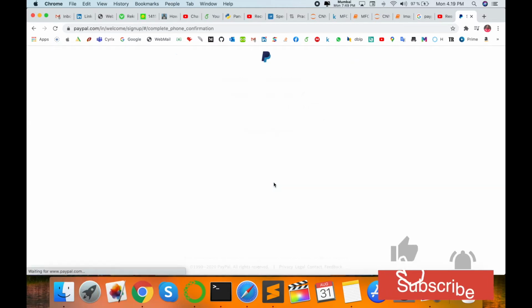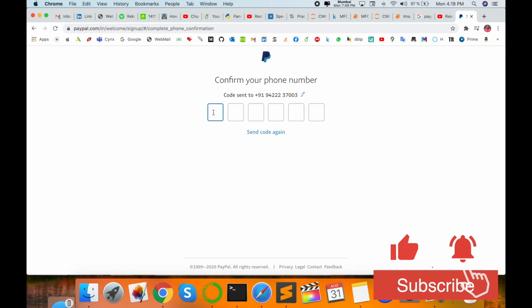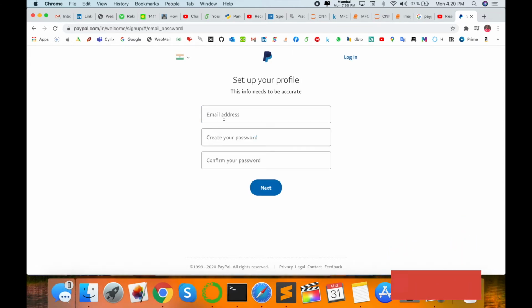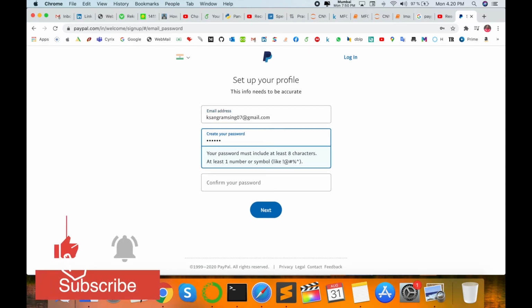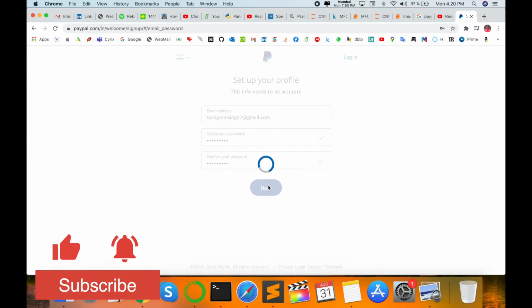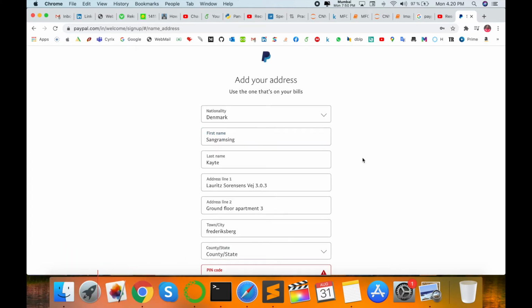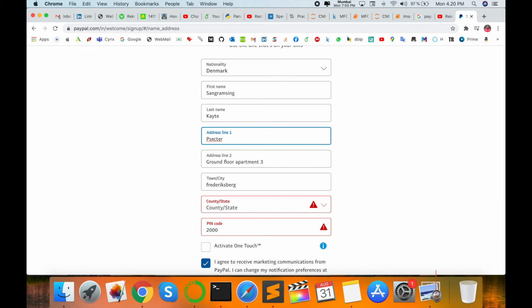So next, I'm receiving one OTP, and then I type here my email ID, password, continue. India, my first name, accordingly my ID. Add your address here.